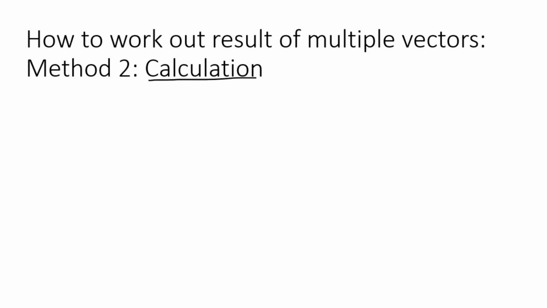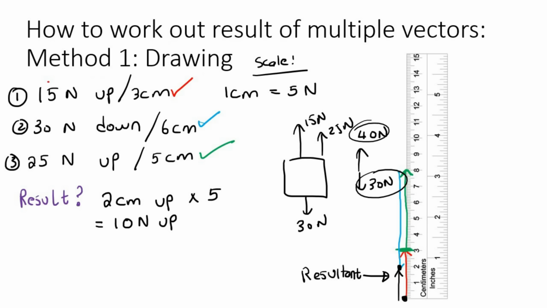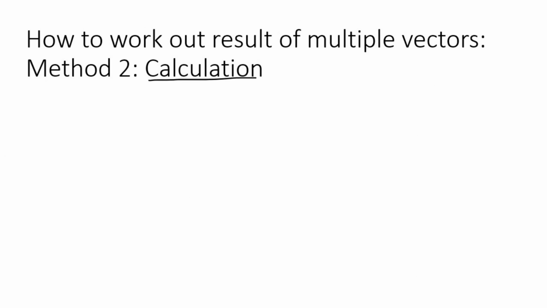So what I just showed you in the previous slides was how to calculate the result using drawings. Okay, so we used a ruler and we used a scale. Okay, that's something that you do need to know now in grade 10. But then we also need to know calculation, and this one's going to become more popular, especially in grade 11. Okay, so let's say, for example, we've got 3 vectors again. So we've got 3 newtons going to the right, 7 newtons going to the right, and 6 newtons going to the left. So what you need to do, step one,